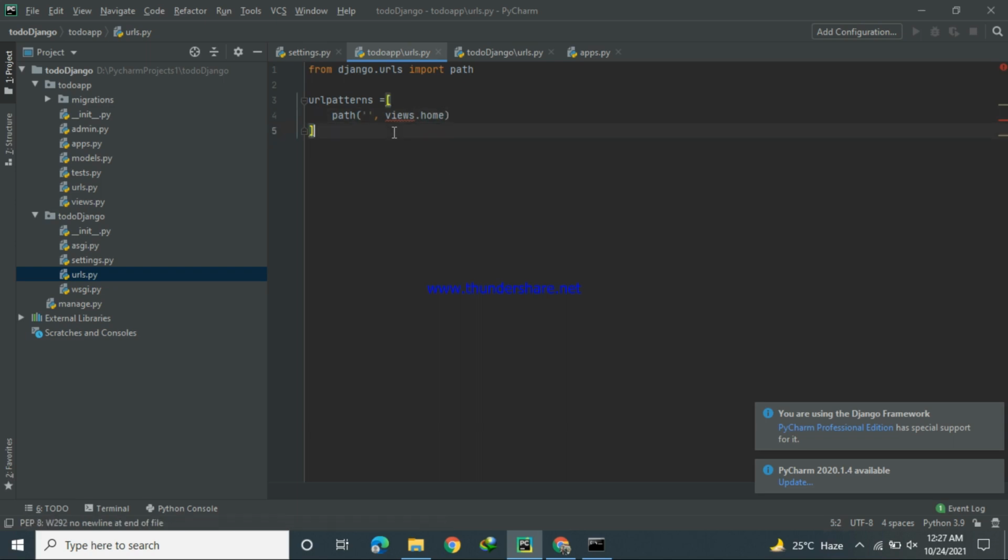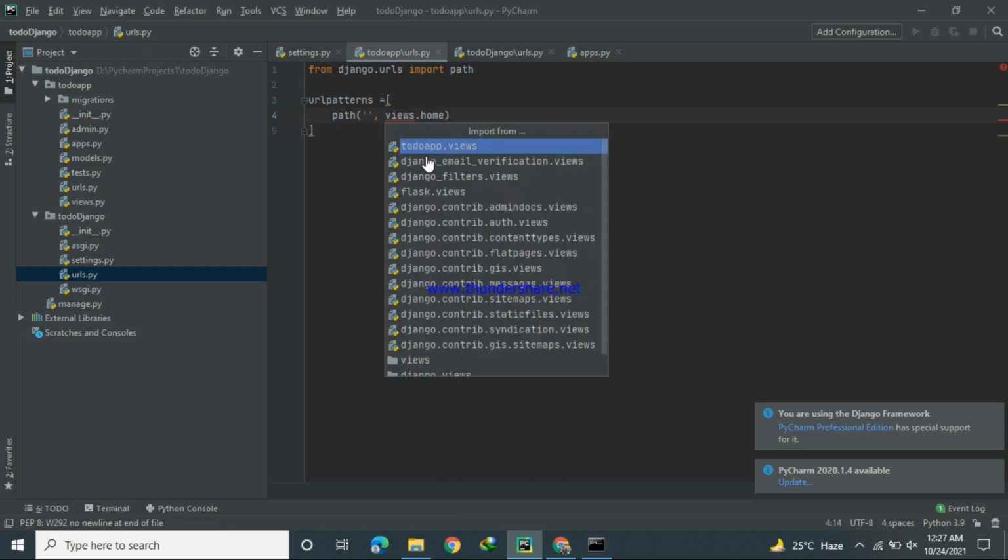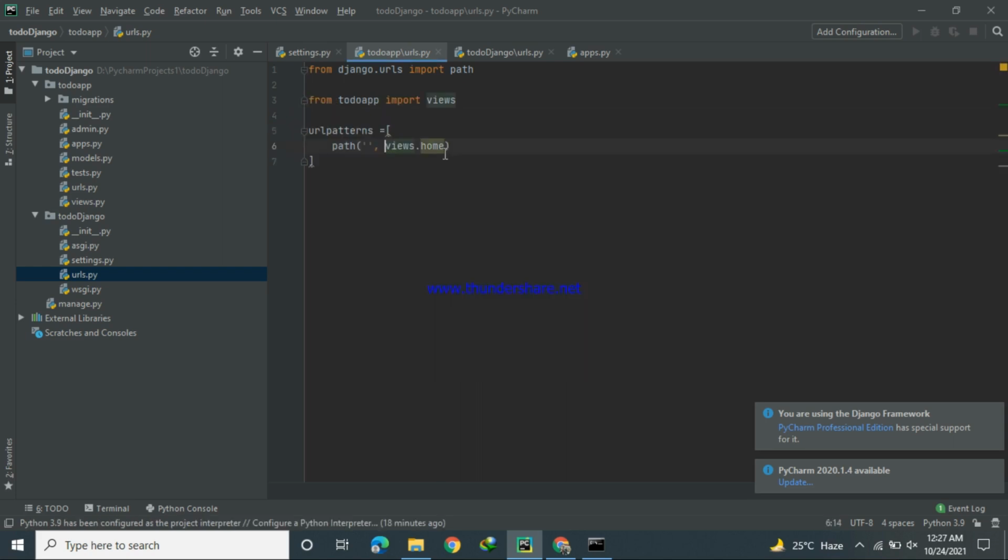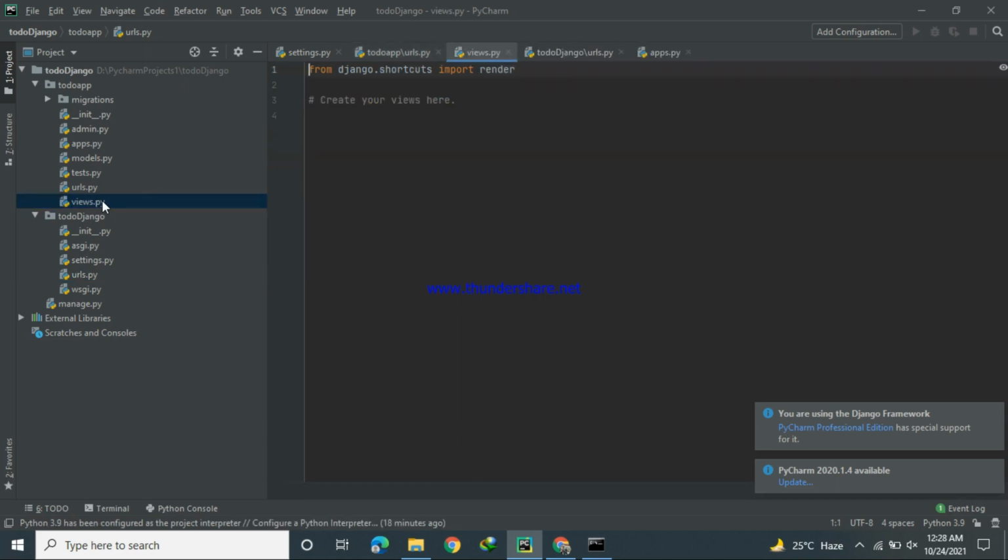Okay, so we also have to import this views.py file. This is the views.py file and I import and attach it here. In the views.py file, I have to create a function which is named home. Okay.